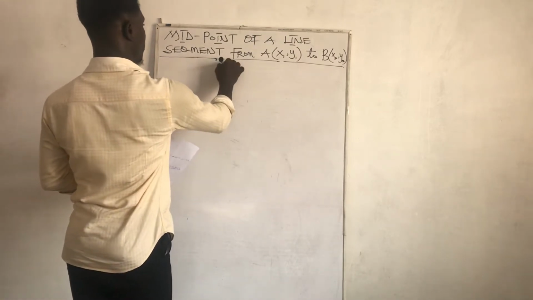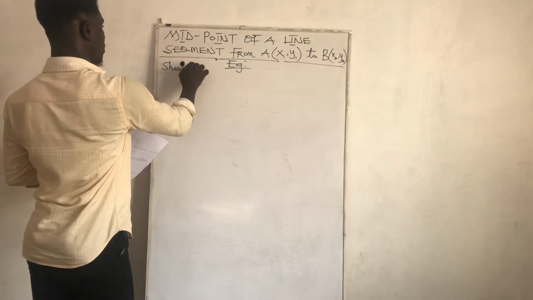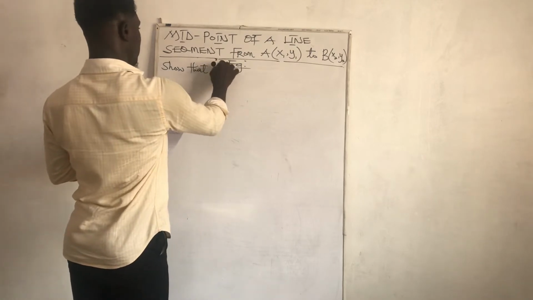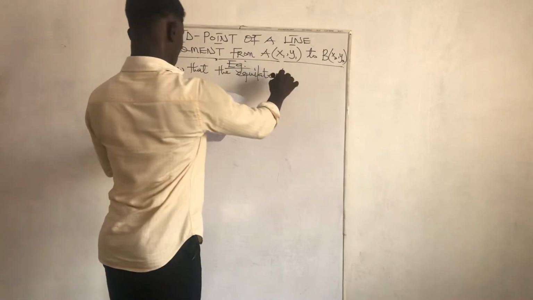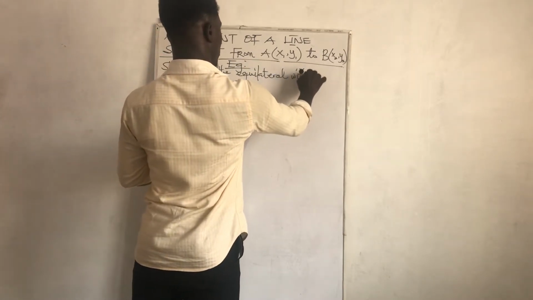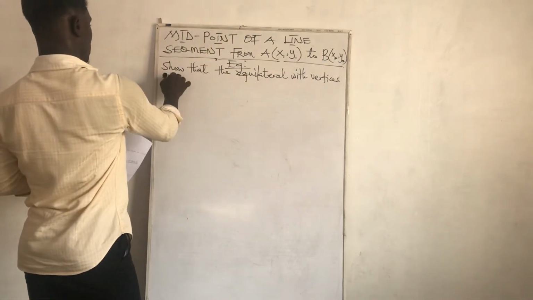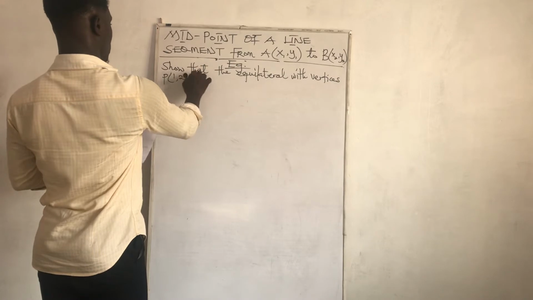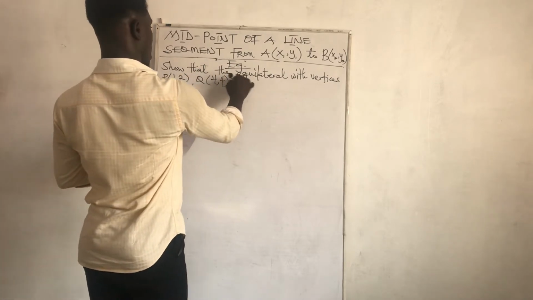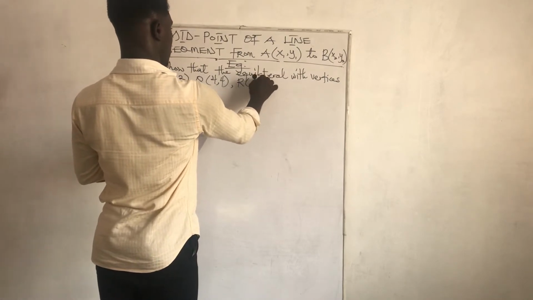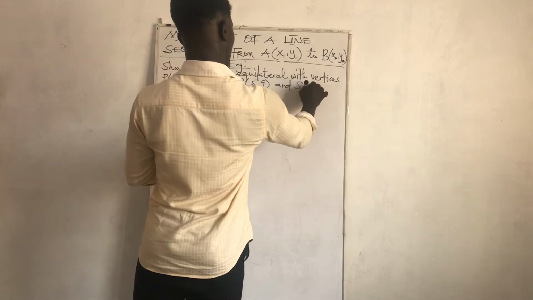Example: Show that the quadrilateral with vertices P(1, 2), Q(4, 4), R(5, 9) and S(2, 7)